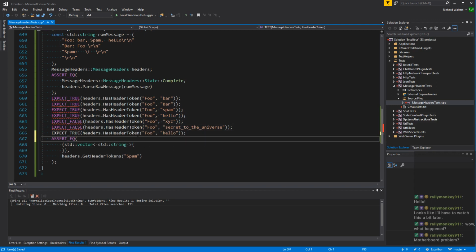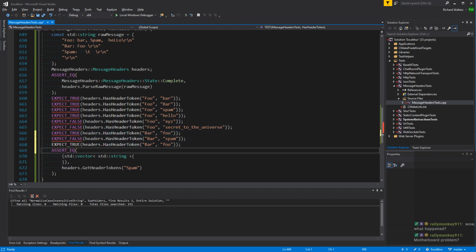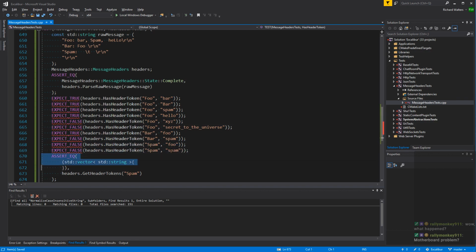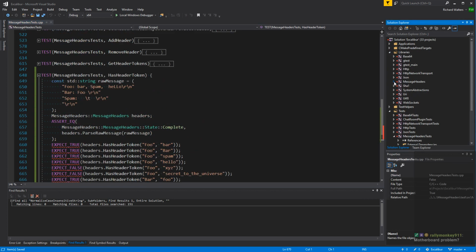And then we'll expect that bar has foo, but not spam. And then we'll expect false that spam has anything at all, including itself. Okay, there's a good test.